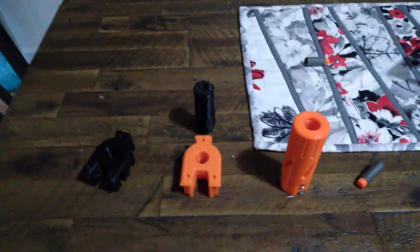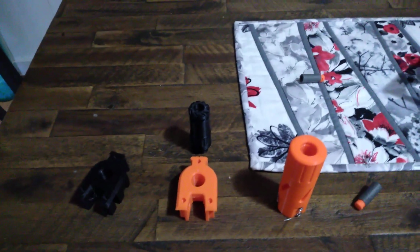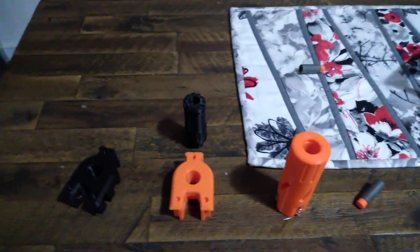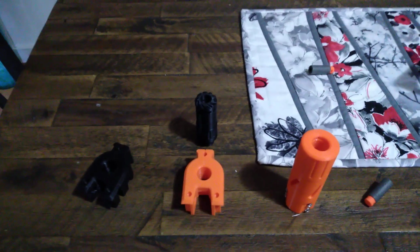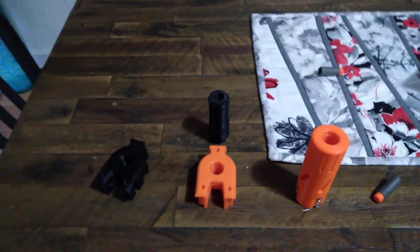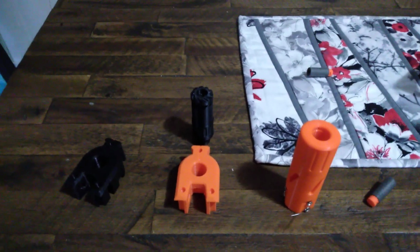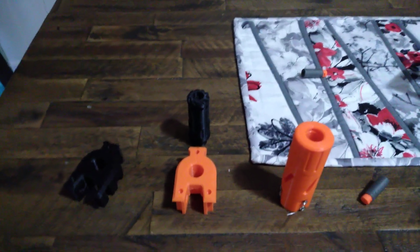So if you need parts like that and you can't get them from the community, it's very simple. Go to your local website for like your local hometown. Ask if anybody has a 3D printer. You may have to buy the files or get the files from Thingiverse or whatever. But therefore, you can have it in whatever color you want. As far as people whining and complaining about the colors, that's on them. Personally, I will run my blasters whatever color I choose. I do not paint my